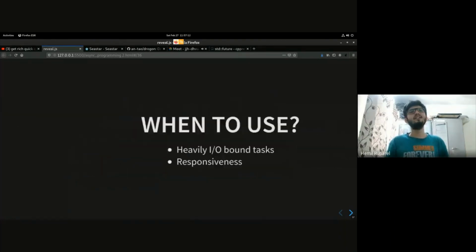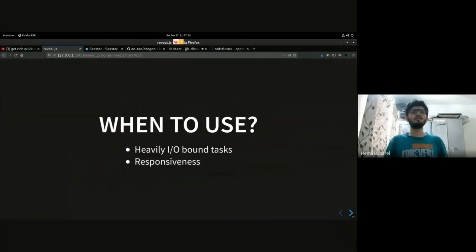So there's that. And when should we use asynchronous programming? When what we are doing is heavily IO bound. A web server is a very good criterion for using asynchronous programming, because we don't want to block threads. We can increase our throughput multiple times. As we saw, we had a 100x speedup just by spawning 100 threads. Now that's not always the best strategy, but threading can really help increase the throughput of your server, even if it adds a little bit of delay in the response of the request.